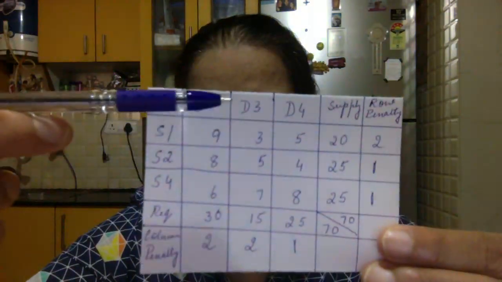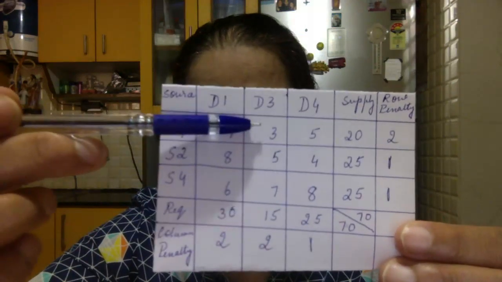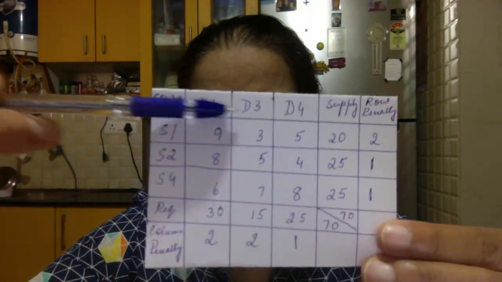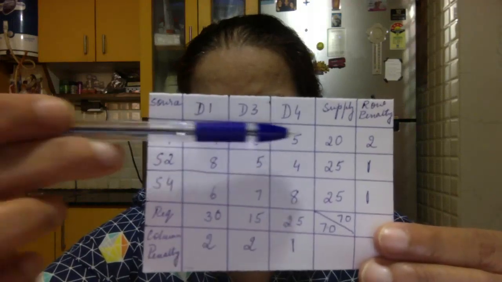We generally go methodically, isn't it, in order. So we'll go to the row penalty, and it doesn't matter how you do it, highest penalty and the least cost in that penalty. All the 2s are highest. But if in 2 row penalties of 2, you will get to allot to the least cost of 3. So might as well take either this 2 because it has a number 3 here, or this row, because it has 2 here. I would say we'll take this one. So we will take the row penalty.